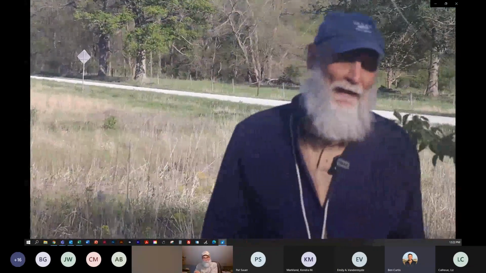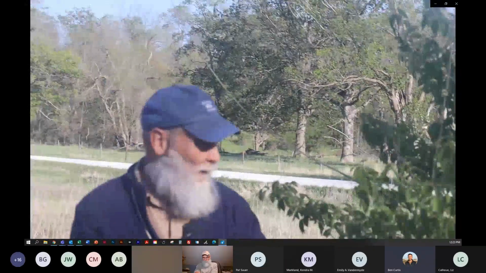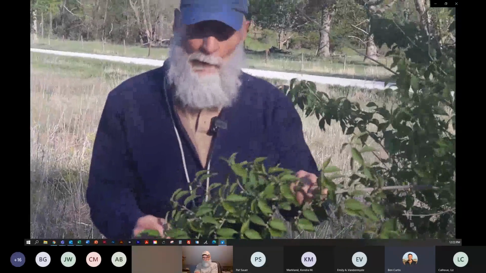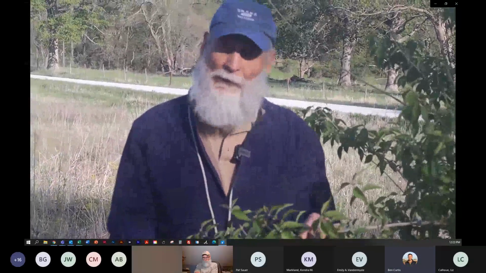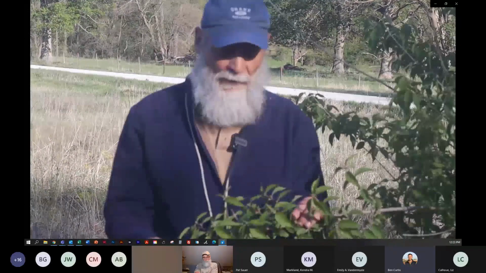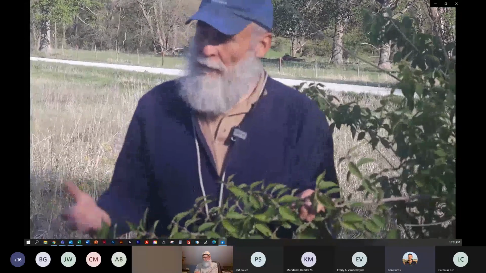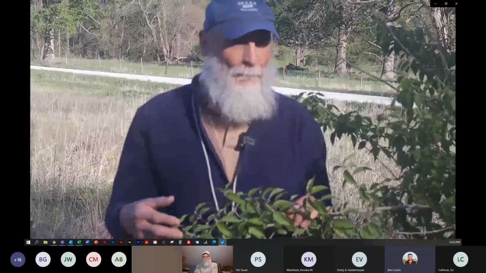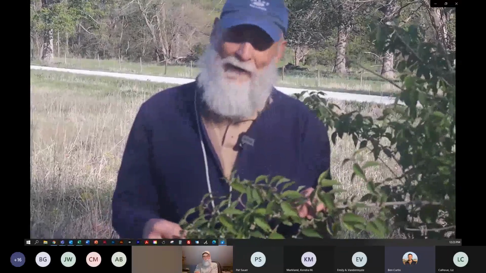So what you saw there at the beginning of that shot is this species right here. We have a single individual over here. Now we're standing in a reconstructed prairie. This was formerly an agricultural field a few years ago. So there's a prairie planting underway here. So again, this is a type of environment we would call early successional.